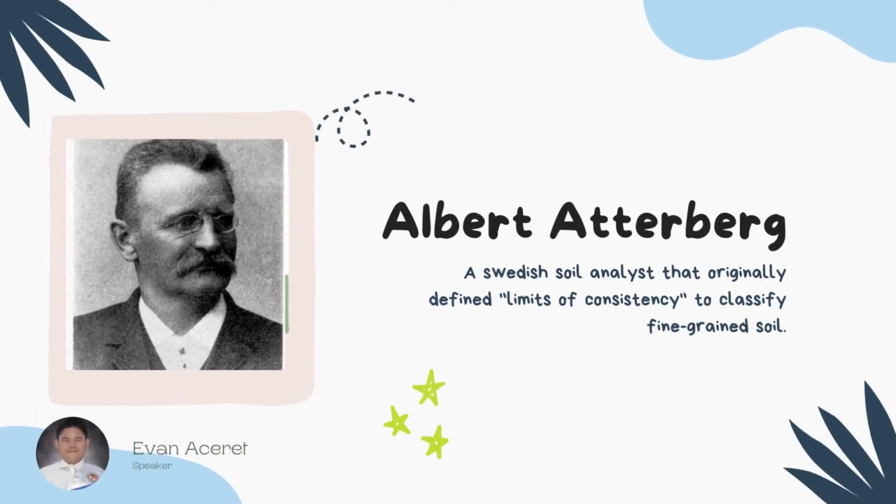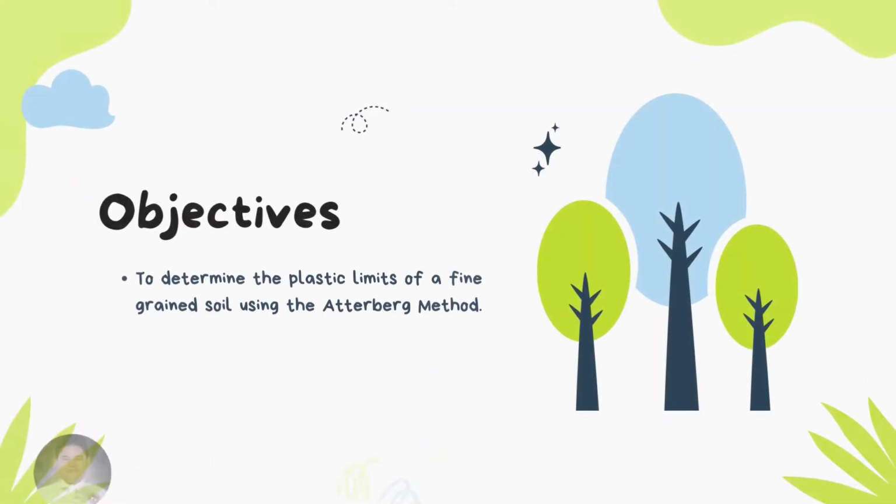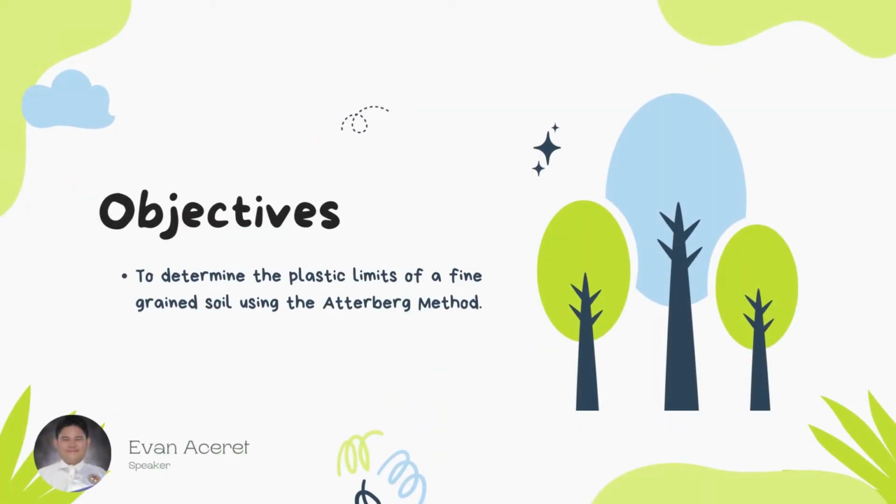The Swedish soil scientist Albert Atterberg originally defined 7 limits of consistency to classify fine-grained soils. But in current engineering practice, only 2 of the limits, the liquid and plastic limits, are commonly used. Plastic limit is defined as the water content in percent of a soil at the boundary between the plastic and semi-solid states. For today's experiment video, our objective is to determine the plastic limits of fine-grained soil using the Atterberg